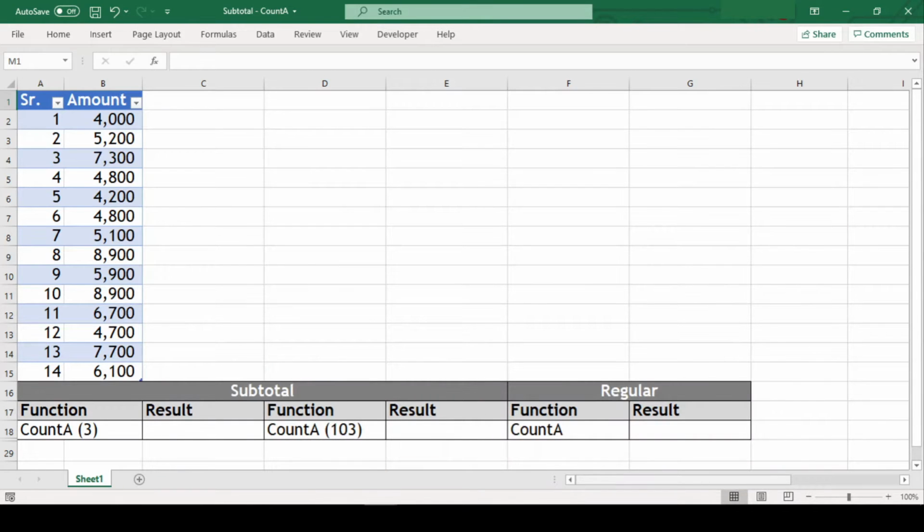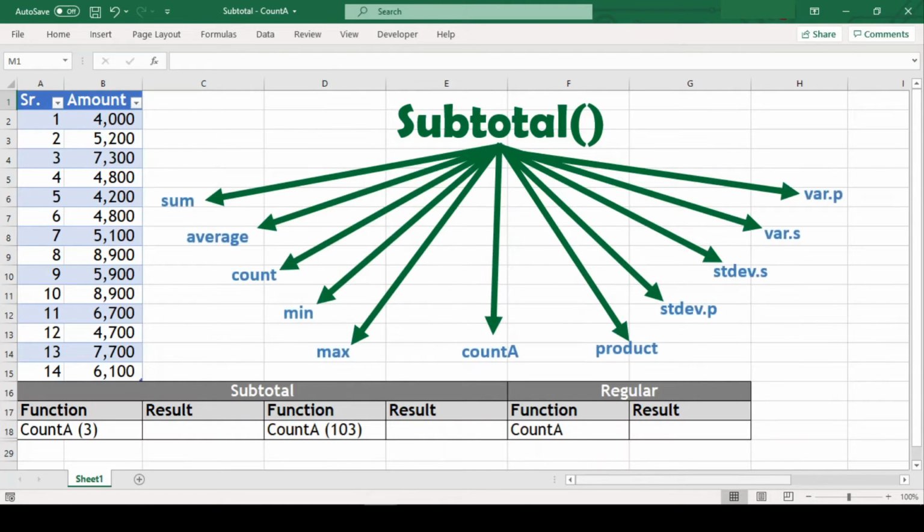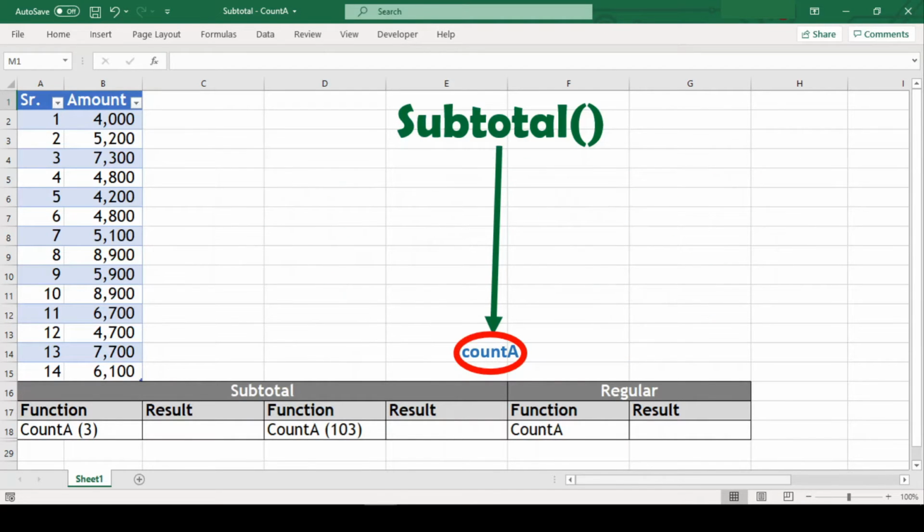In this video, we will learn about the subtotal function in Excel. You might think it to be somewhat like the sum of selected values, but the subtotal function is capable of much more. Apart from its ability to return a sum, it can also give us average, count, max and several other results. But today, we will specifically focus on COUNTA and understand this function with a few examples in this video. So stay tuned.